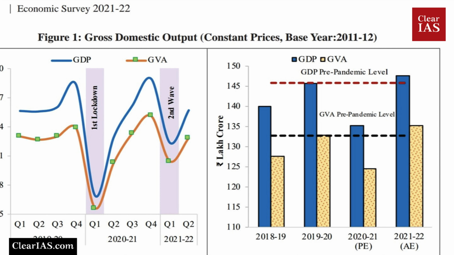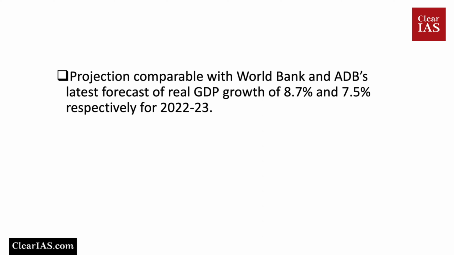In the second figure, you can see that the GDP and GVA have come out of the pre-pandemic levels. The projection given by the survey is comparable with World Bank and Asian Development Bank's latest forecast of real GDP growth of 8.7% and 7.5% respectively for 2022-23. As per IMF's latest World Economic Outlook projections, India's real GDP is projected to grow at 9% in 2021-22 and 2022-23 and at 7.1% in 2023-24,